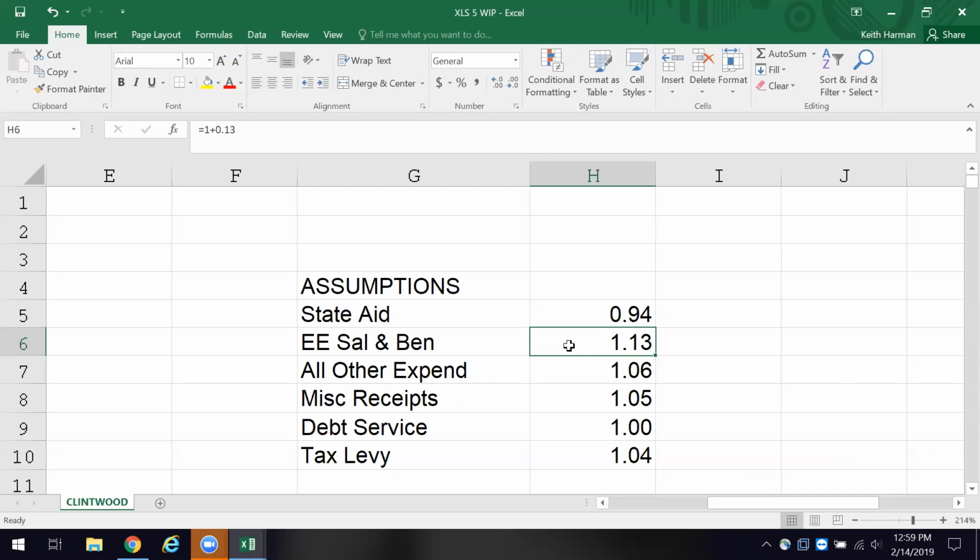So let's cut what we're going to give them. So we're going to go back and we're going to tell them, oh, you're not getting 13% a year increase. We're going to take this to 7% a year. Let's see what that looks like. I want 1.07, excuse me. Wow, it would be in 0.07. There we go. So instead of 13%, we went in and we said to the police and to the